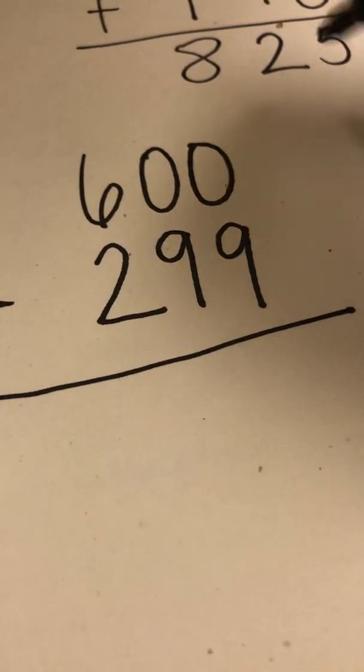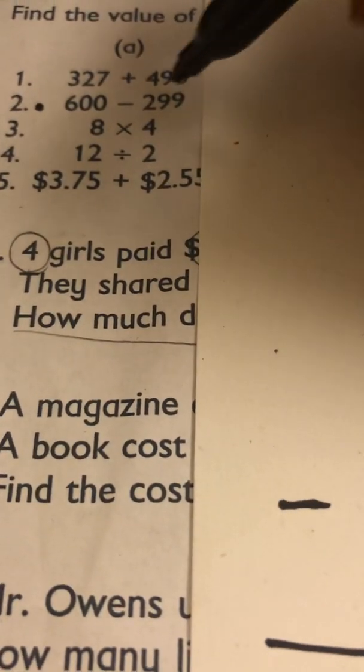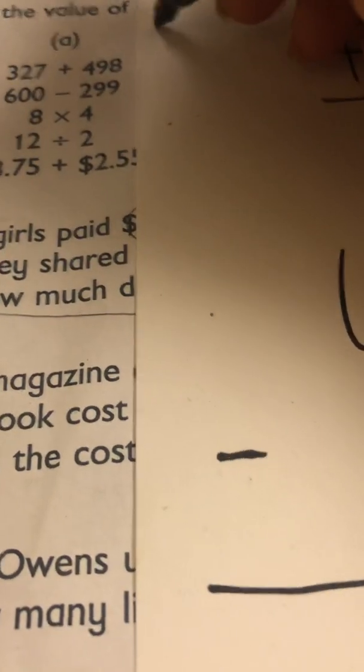If you make your problem, which is 600 minus 299, if we write it out again and we do it like this,